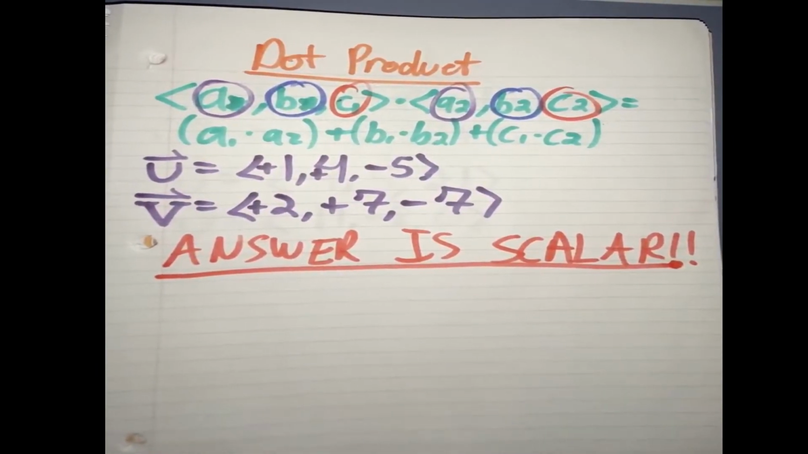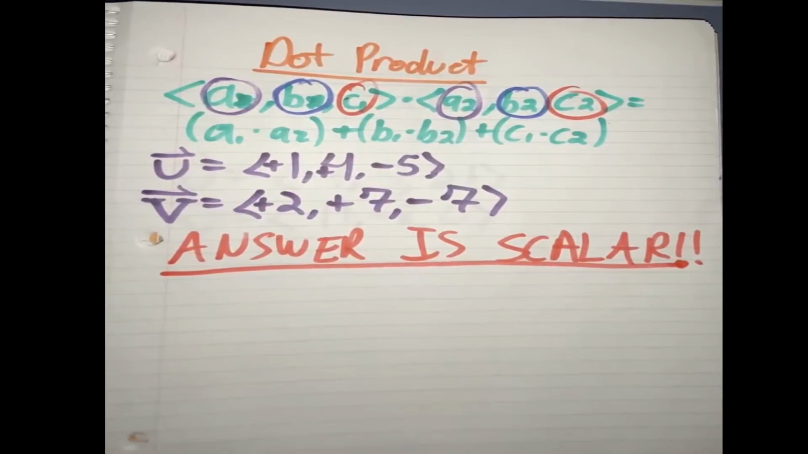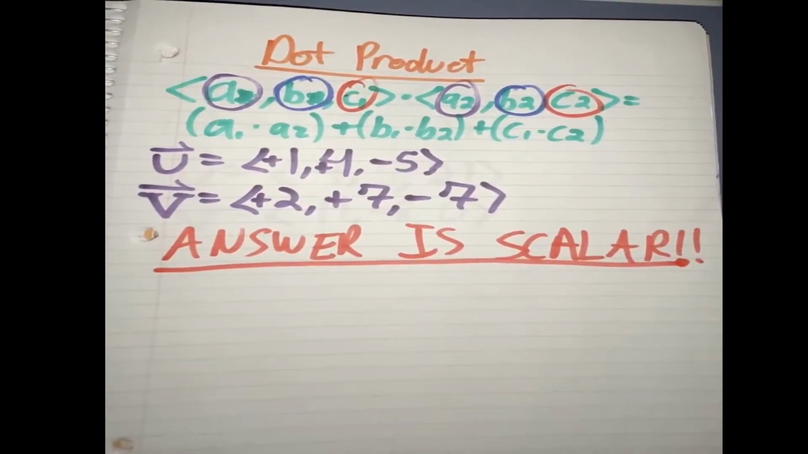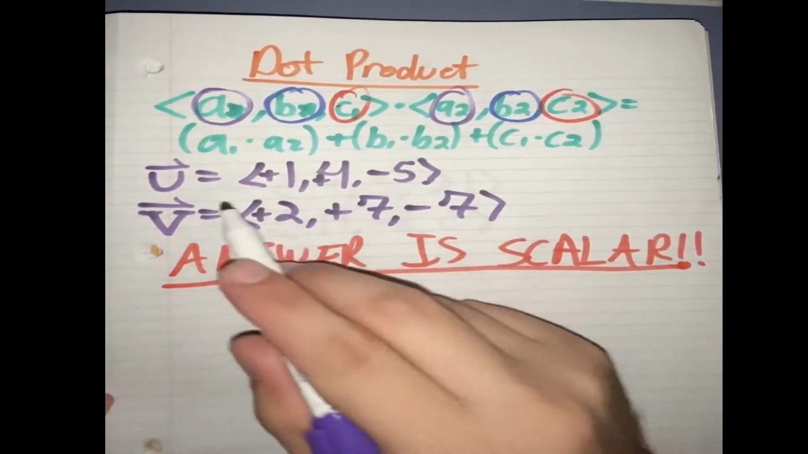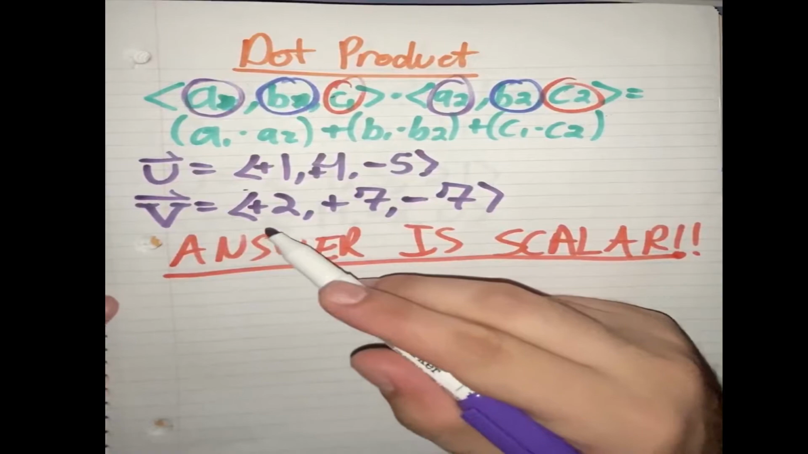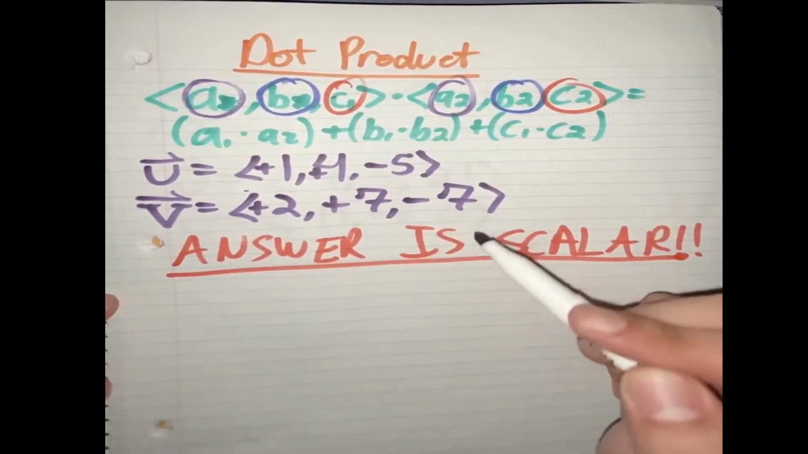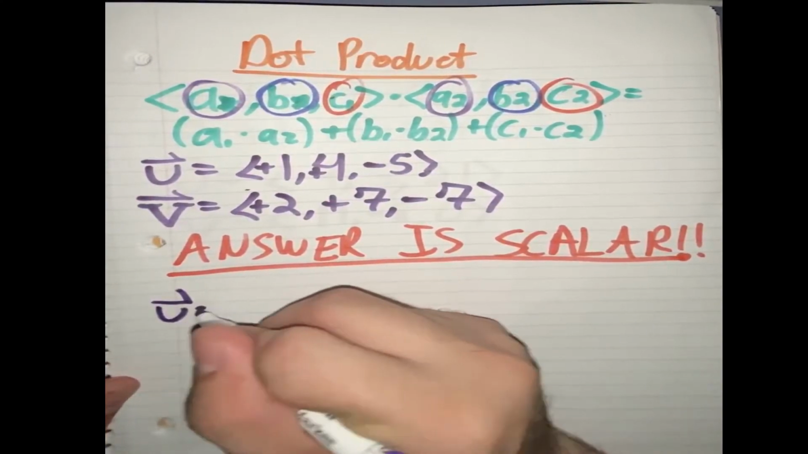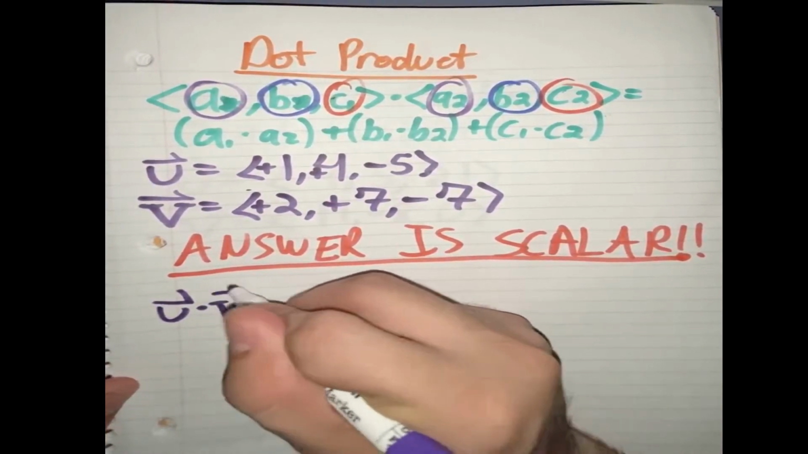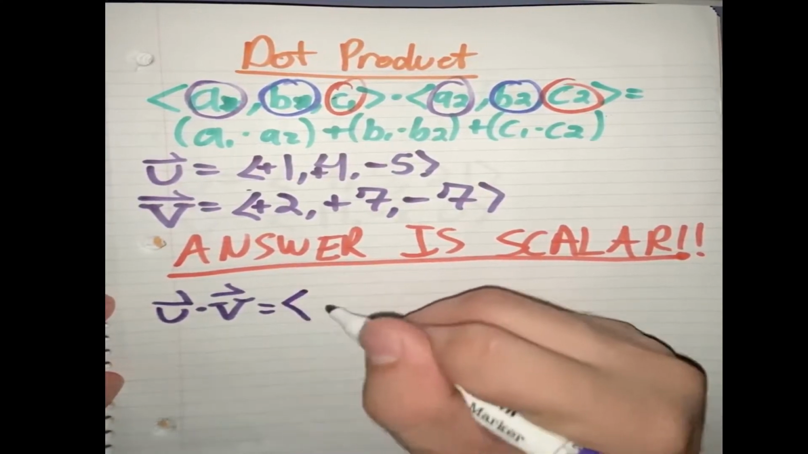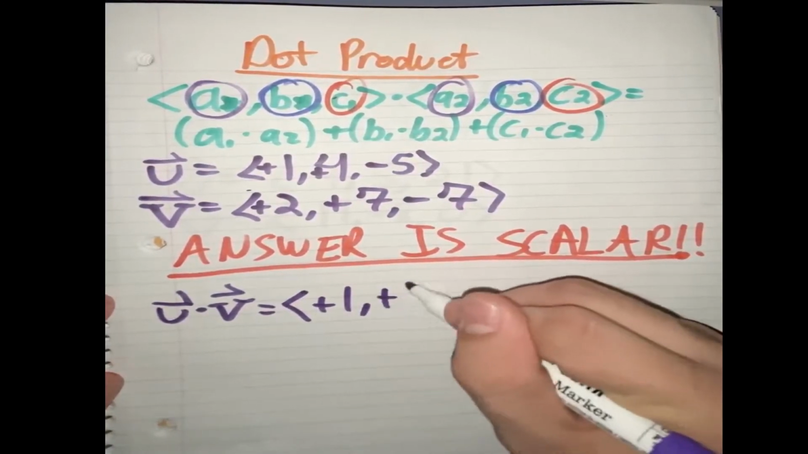So without further ado, we're going to compute the dot product of u dotted with v. So we're going to take vector u, which is 1, 4, -5, and vector v, which is 2, 7, -7. So now we're simply going to take u dotted with vector v. So whenever we dot vector u with vector v,